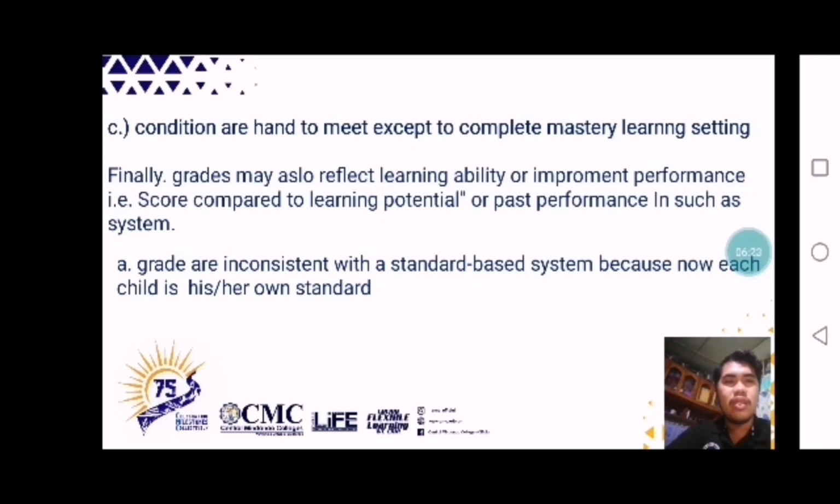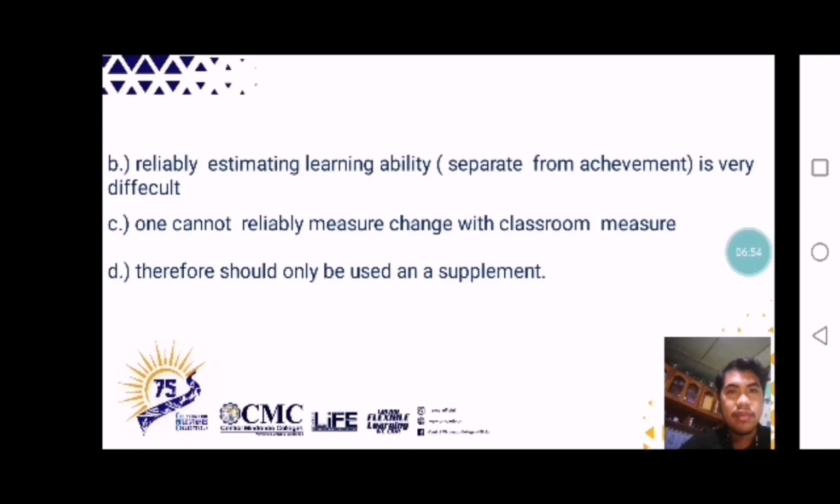Finally, grades might also reflect learning ability or improvement, performance scores compared to learning potential or past performance. In such a system, letter A, grades are consistent with a standards-based system because now each child is measured by his or her own standard. And letter B,